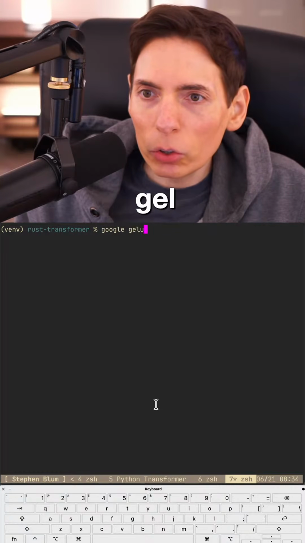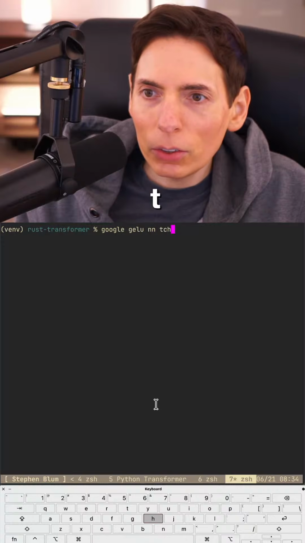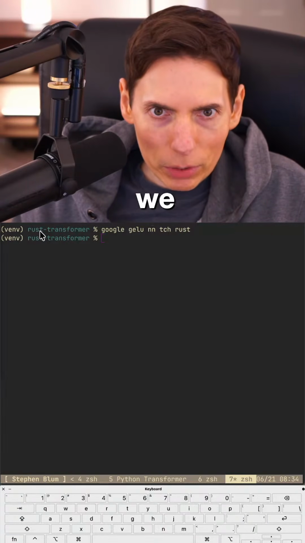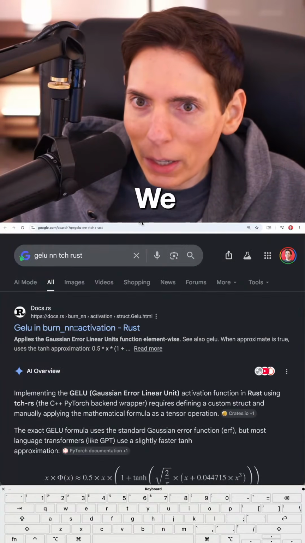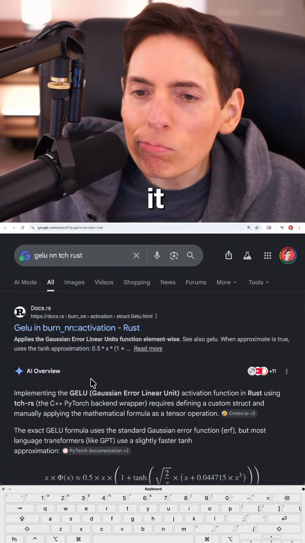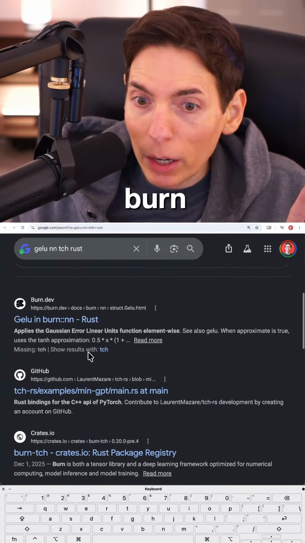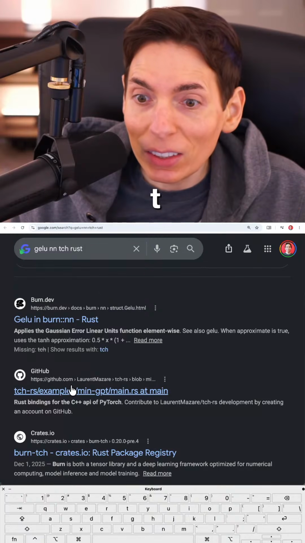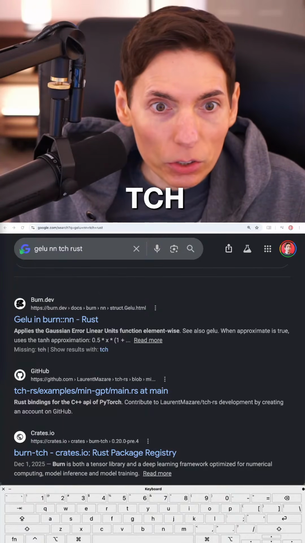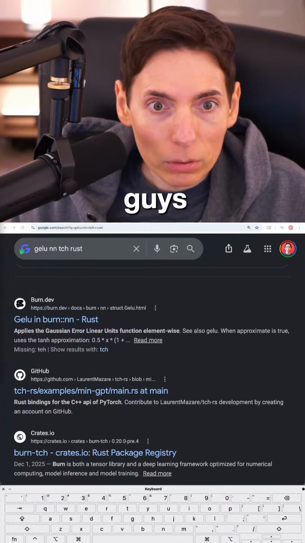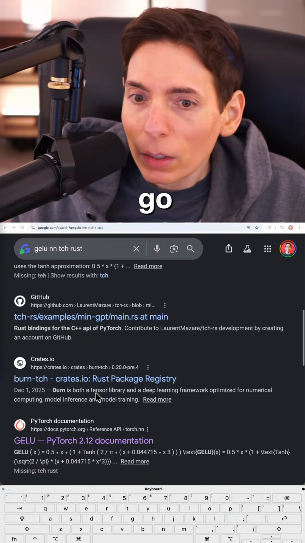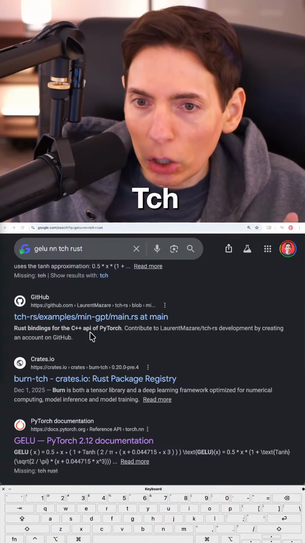Google GELU tch Rust. Let's see if we can find that. We got it. Activation, not the burn library. We need this to be the tch. It's got to be tch, you guys. Okay, here we go. tch GELU.